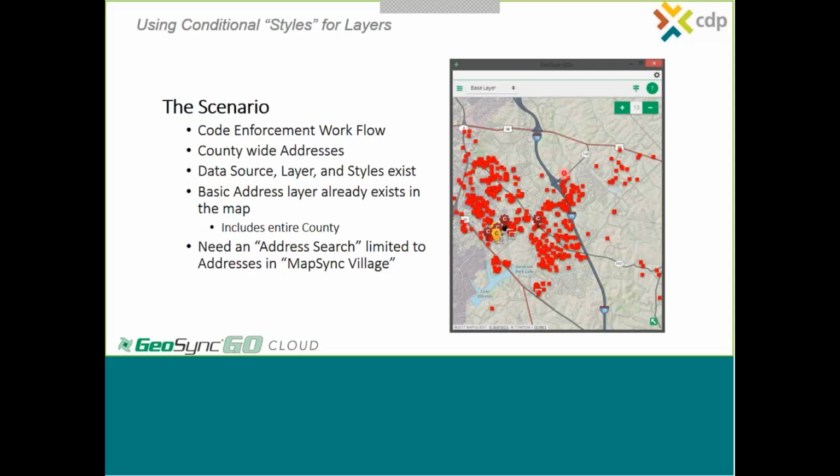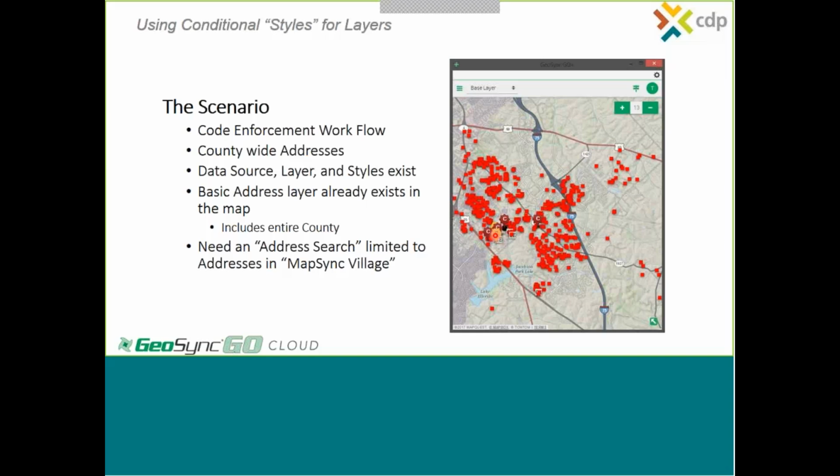In this case, our code enforcement is for Mapsync Village, a community within that county. What we'd like to do is create an address search that is limited to only those addresses in Mapsync Village. That way when we do a search, if we find a duplicate street name between Mapsync Village and some other community in the county, we don't have to guess between those. So we want to tie this down specifically to our Mapsync Village area, which is this small little area here where you see all the extra